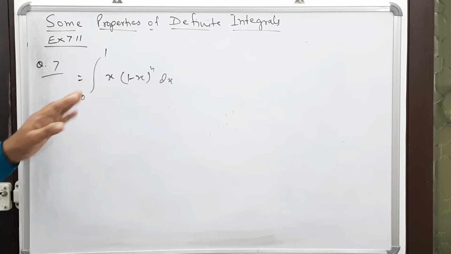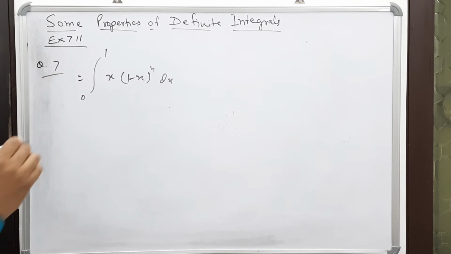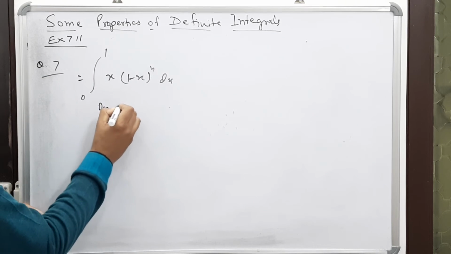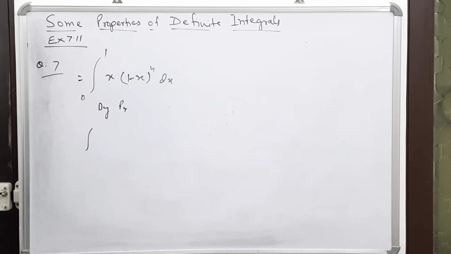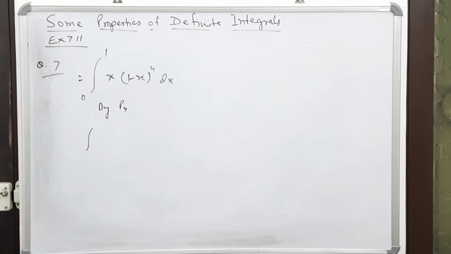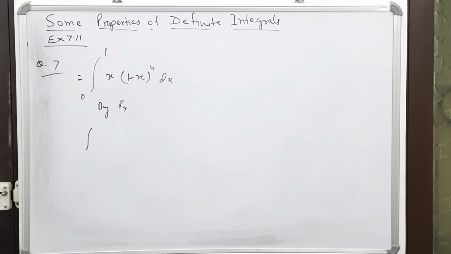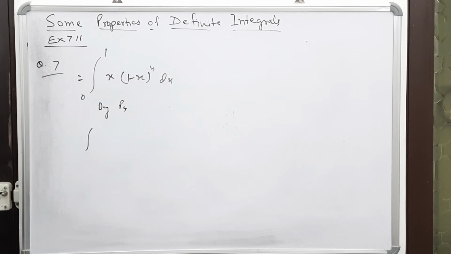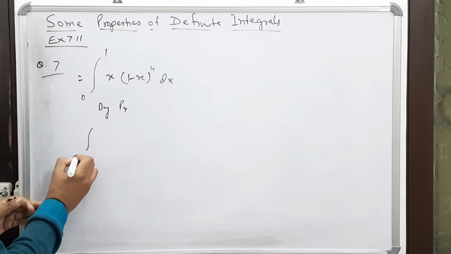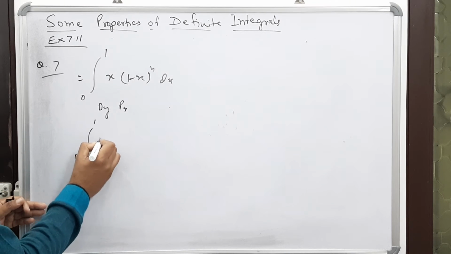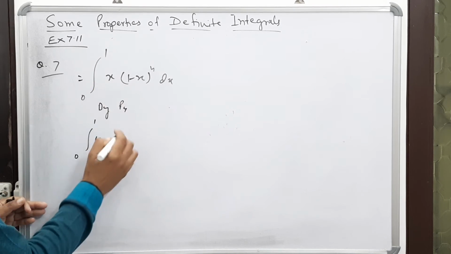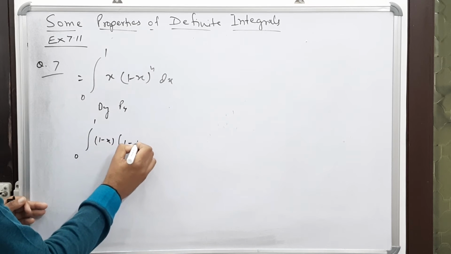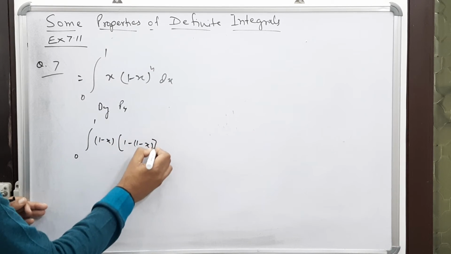Yes, you see another problem based on property number 4 again. So by P4, this function will take the form, you think about what to write here. Wherever x is there, we will write 1 minus x. So it is 0 to 1, x will change to 1 minus x, then bracket 1 minus (1 minus x), power